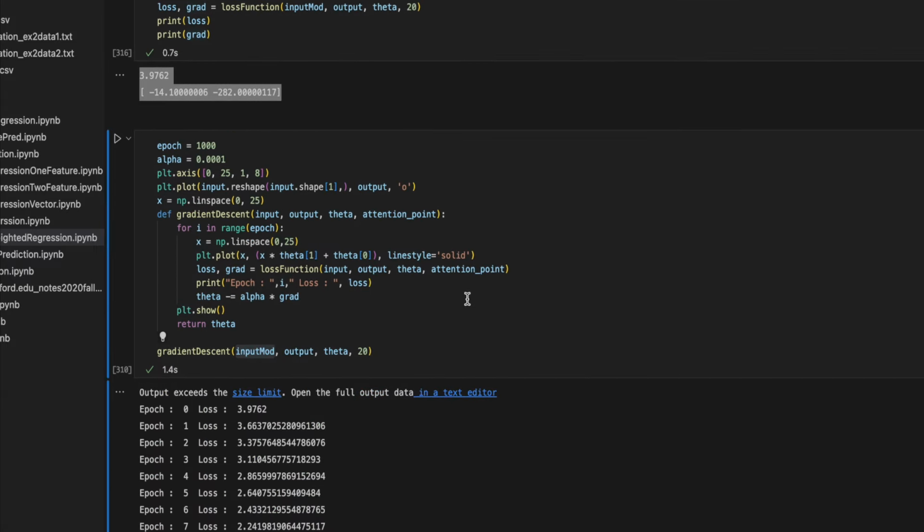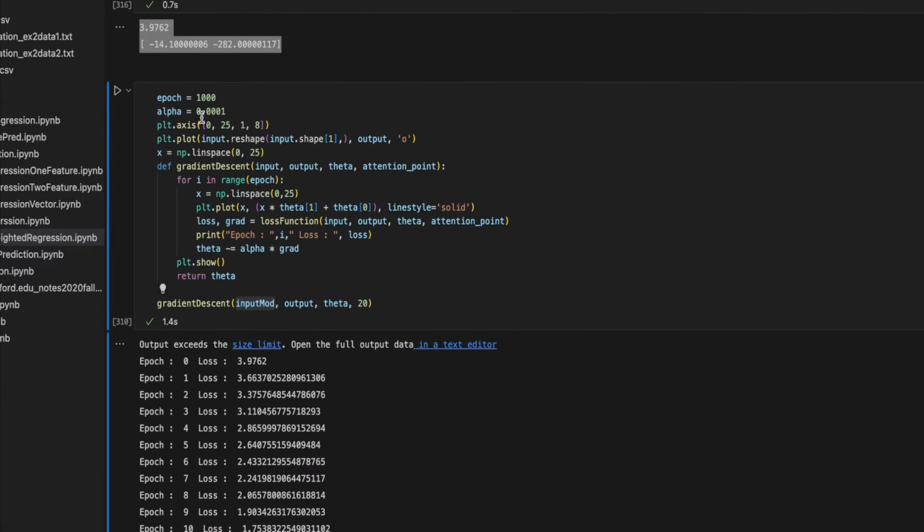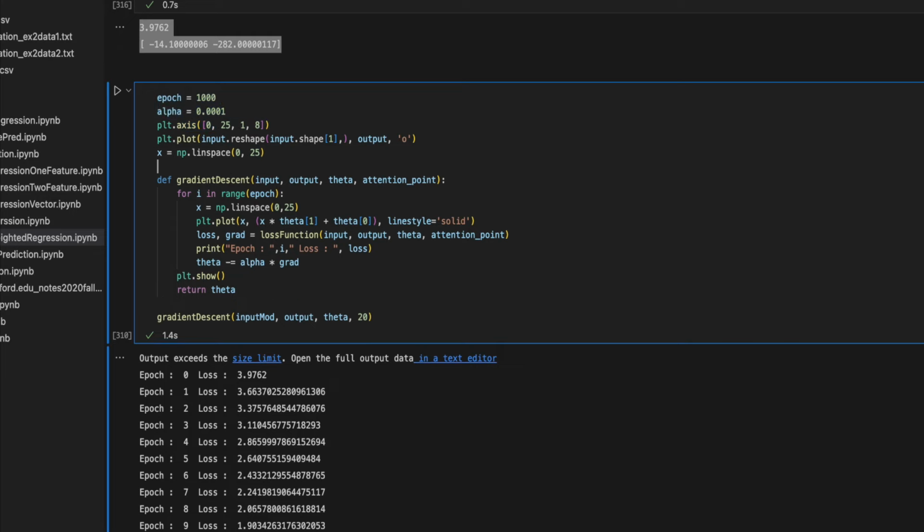Now let's write the final code, which is our gradient descent algorithm. This code is for the plotting, and this is the gradient descent algorithm we are writing. It's very simple. What we are doing is just theta equals theta minus alpha into gradient, and before that we are passing all the inputs to the loss function and getting the loss and gradient here. We are just printing the loss so that we can observe that the loss is decreasing, and then we are using gradient descent